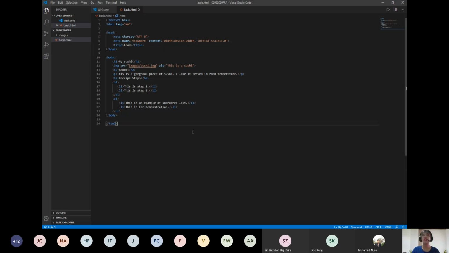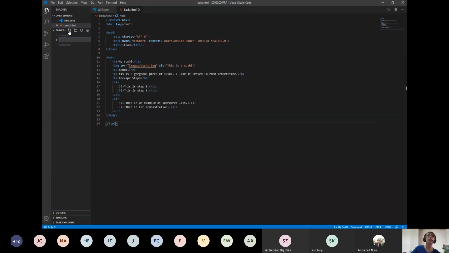Okay, let's move on to the next project. So we are done with the first project. Good job, guys. We have finished our first project, which is the structures. So now we're going to do a bit more, we're going to do CSS. So I do not need this page anymore. I'm going to have a new file. To create a new file,